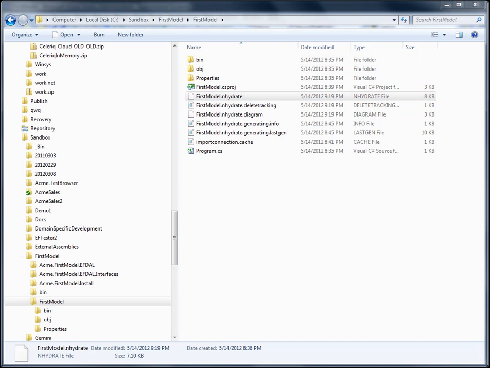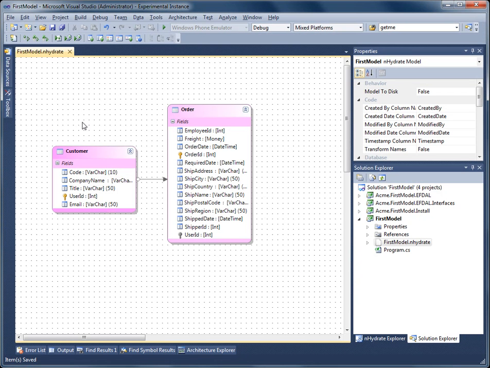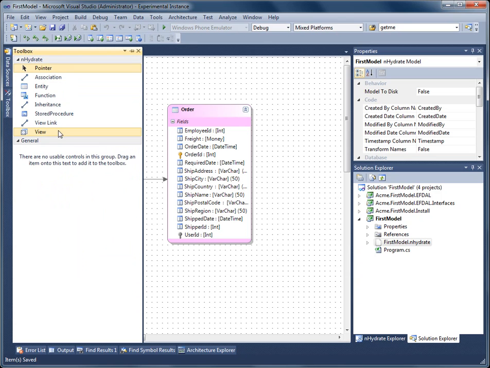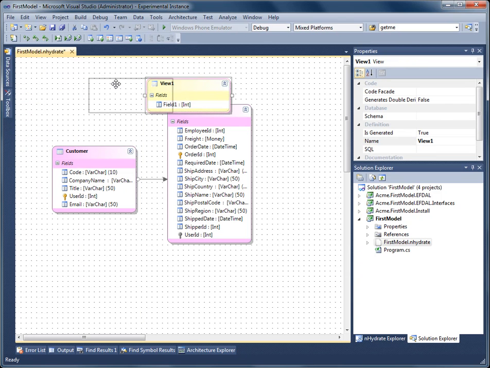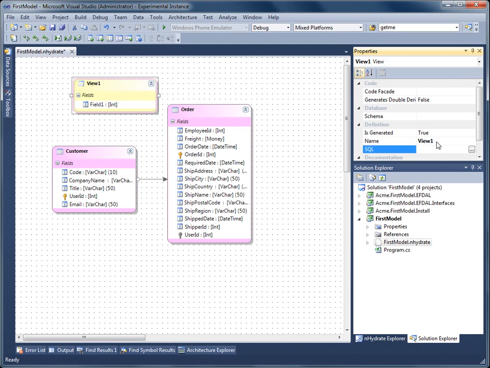This functionality works for stored procedures, views, and functions. The model is distributed into small XML files with one exception. SQL statements are in their own SQL files. Let's add a view. Let's go over to here. From the toolbox, let's add a view. And a view has a SQL statement, of course, which you can type anything you want into. If we save and go back to disk,